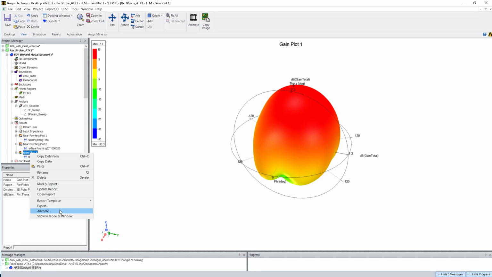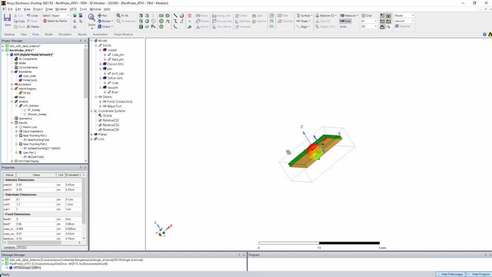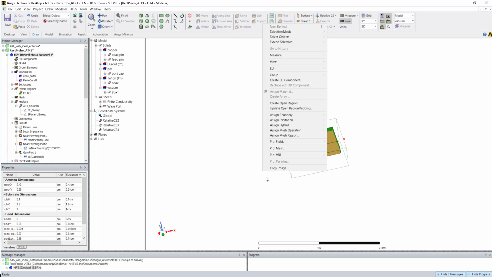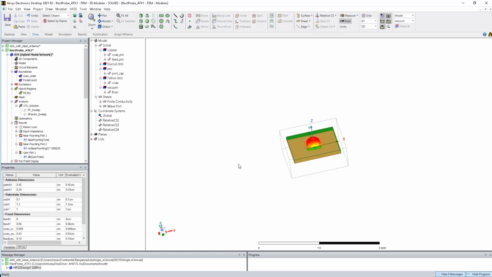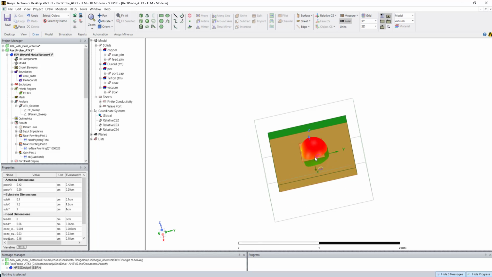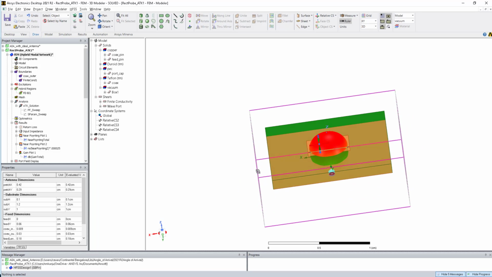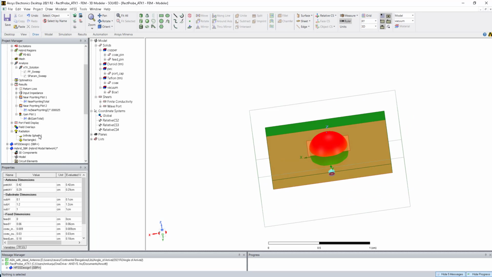overlay on top of geometry. Yeah, the radiation is coming something like this, and go over here, transparency to 0. So this is the radiation pattern coming from the antenna. It's more or less radiating towards up. Okay, and if you go a little bit further into depth, this is a far field radiation sphere.